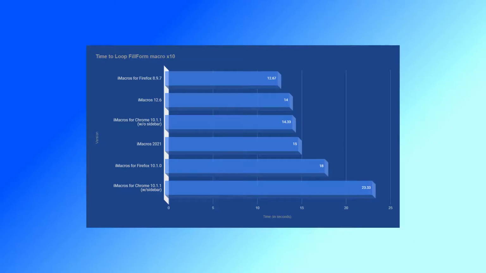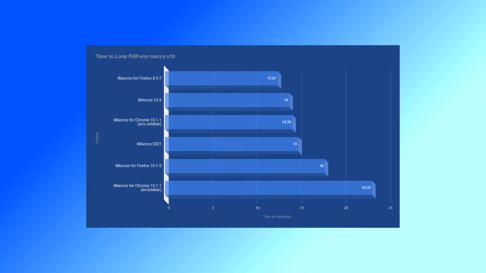But pretty interesting. So these are all sorted by the best times to the worst times. So as we had already gone over, iMacros for Firefox 8.9.7, so legacy iMacros for Firefox, still the reigning champ overall in terms of just performance. Then we had the iMacros 12.6 browser coming in second at 14 seconds. And iMacros for Chrome, without the sidebar displayed while it was looping the macro, came in right behind the iMacros Classic browser. Then we have the new iMacros 2021 at 15 seconds. There's iMacros for Firefox running at 18 seconds. And then, of course, the worst performing was iMacros for Chrome when the sidebar was displayed, which took a little